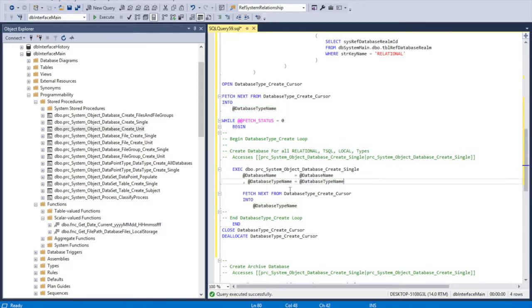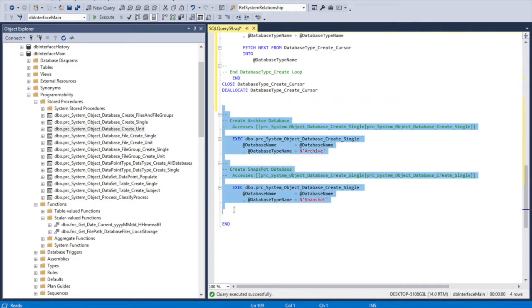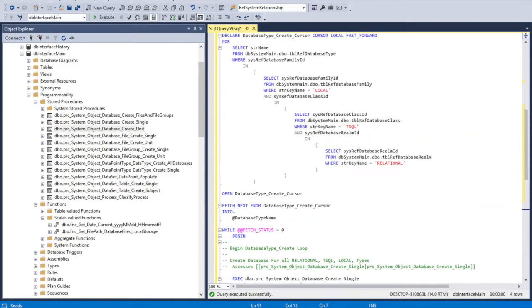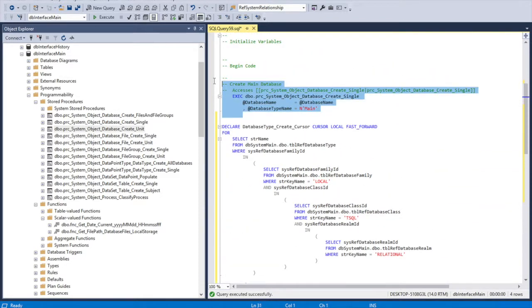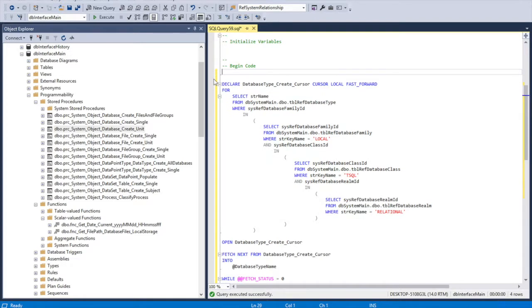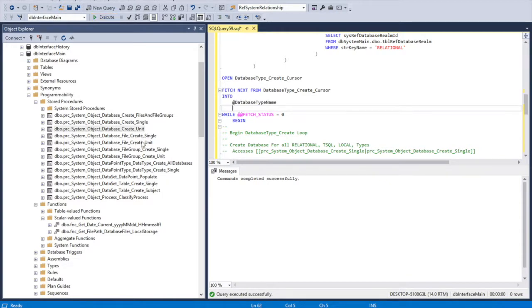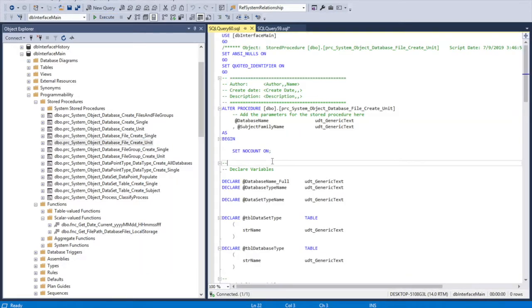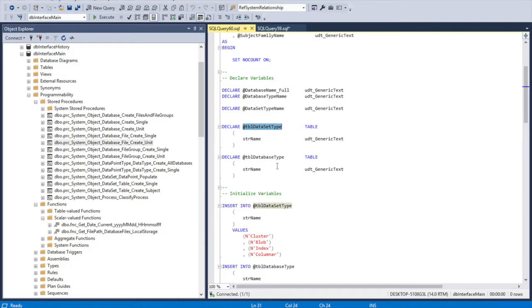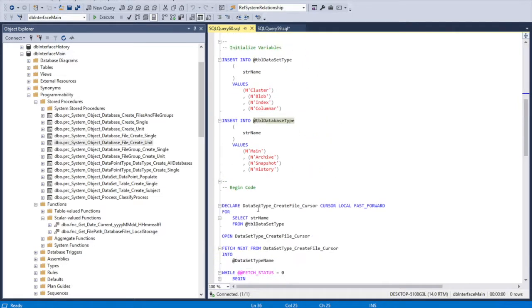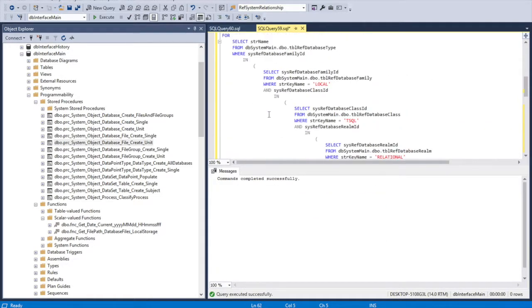So after declaring my database type, I could just clean up my code, make sure that I'm calling that one procedure with that new variable from our query, and that one's good to go. I think, well, I still need to create the function, and that one will be done. So for here, same kind of thing. I'm just going to copy this code